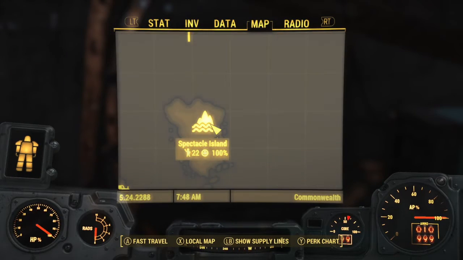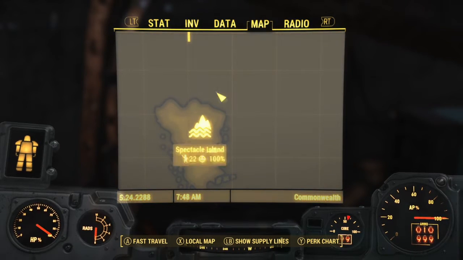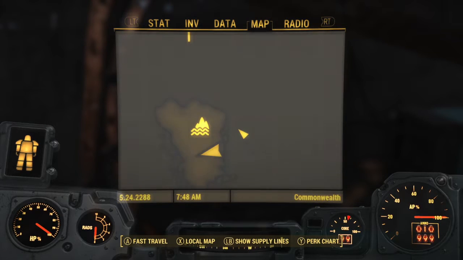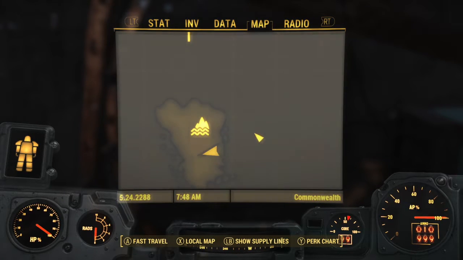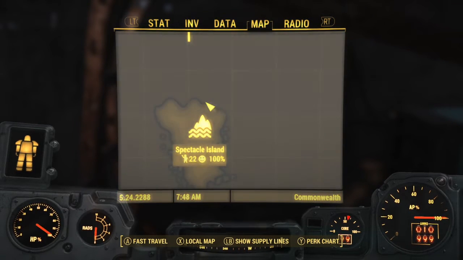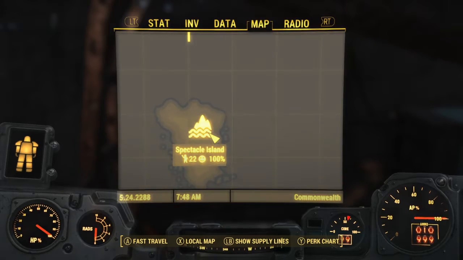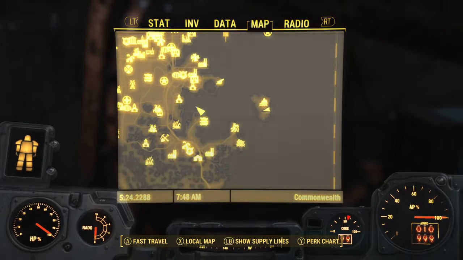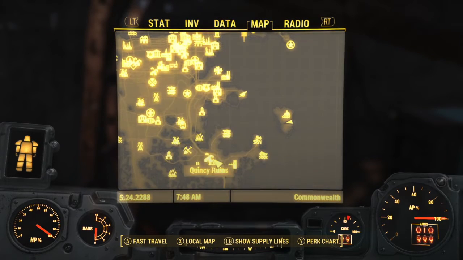Alright, guys, here we are. I originally was at Sanctuary Hills, and then I went to Red Rocket truck stop. I didn't mind Red Rocket, but I wanted to have a bigger area, and I eventually found a place called Spectacle Island. Now it's kind of in the bottom right corner of your map, and